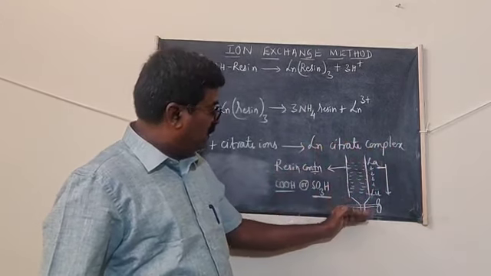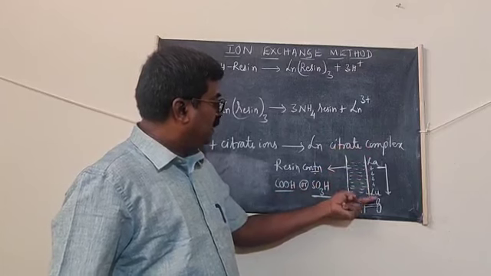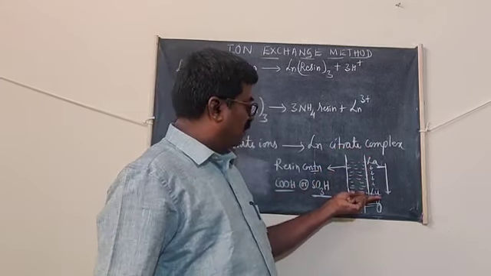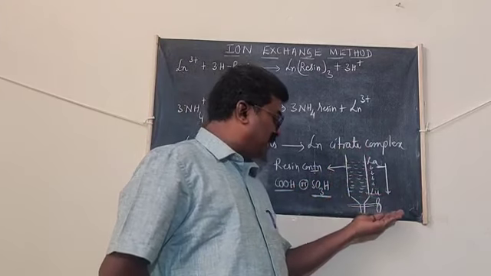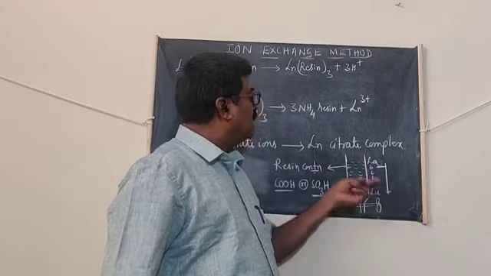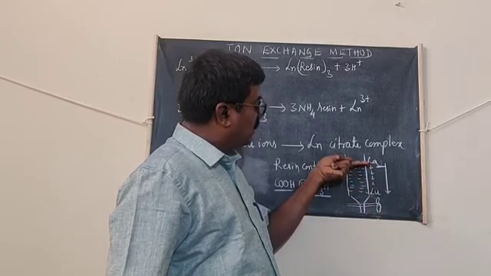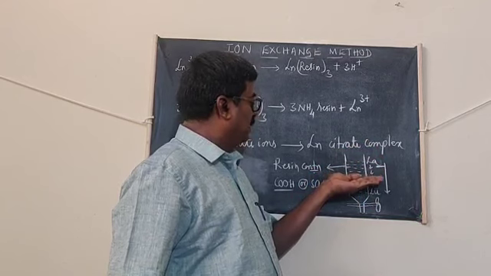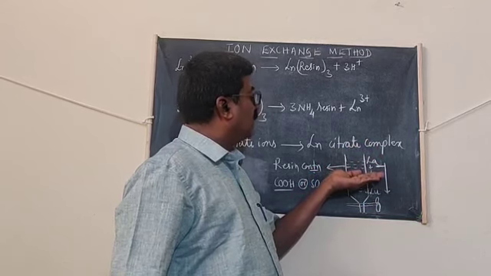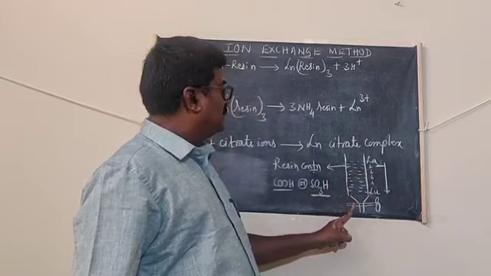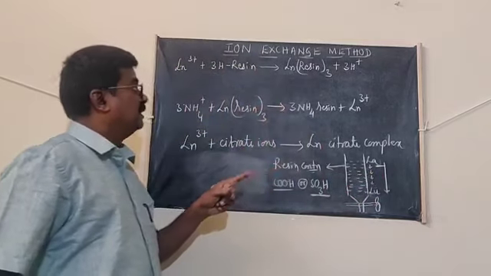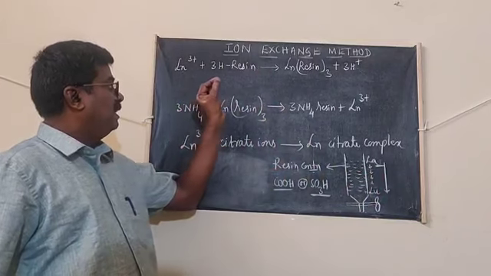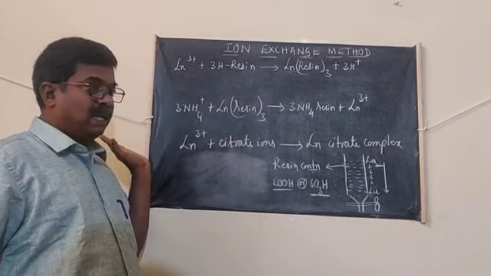The elution is in this order. Lutetium is at the bottom of the chromatographic column, so it is eluted first, and the lanthanum ion is eluted last, and the other ions are eluted from the chromatographic column in their respective order. So this is about the ion exchange separation of lanthanide ions. This is a very rapid and effective method for the separation of lanthanides.